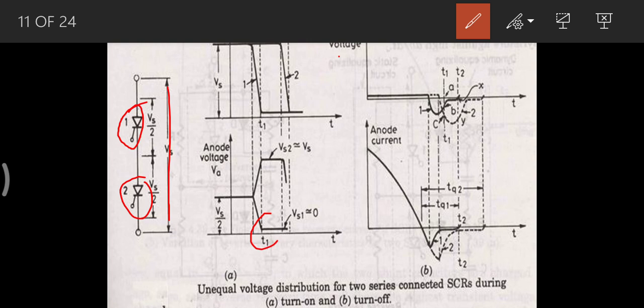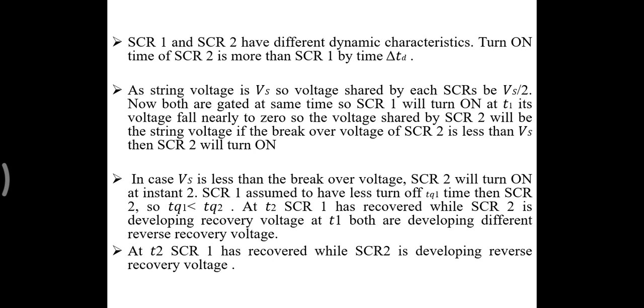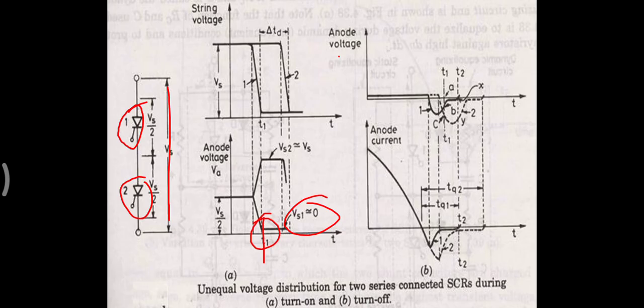This is SCR1. SCR1 is turned on at T1 and this voltage becomes 0. Next, the STR will be the string voltage. See here, if the SCR voltage is lower than the string voltage, SCR2 will turn on at